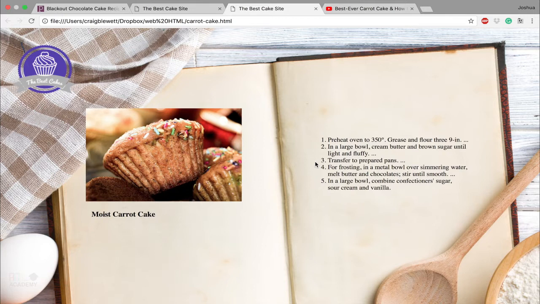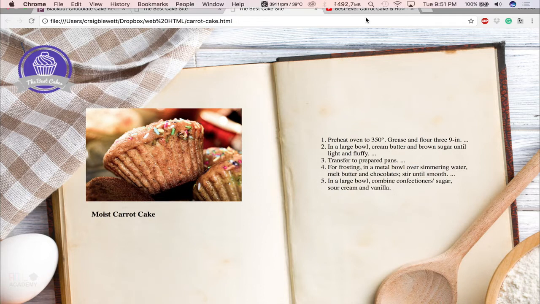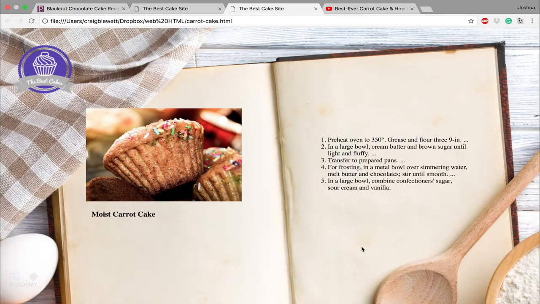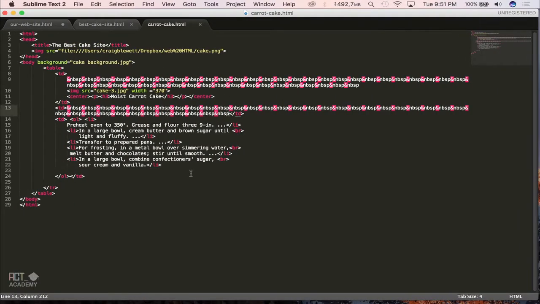I've got an idea. I'm going to show you the magic. YouTube. Now, you know how cool it would be to have a video inside your page? That's going to make it super awesome. It's actually not that hard. Now that you understand the basics of HTML, I'm going to show you how you can actually add a